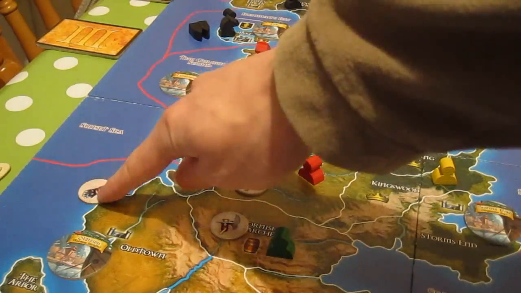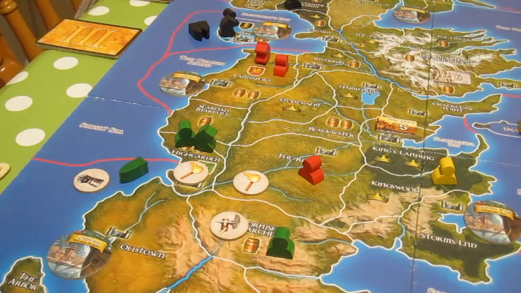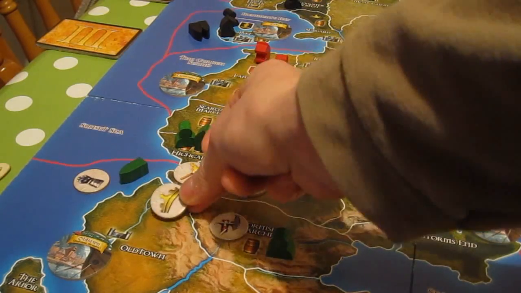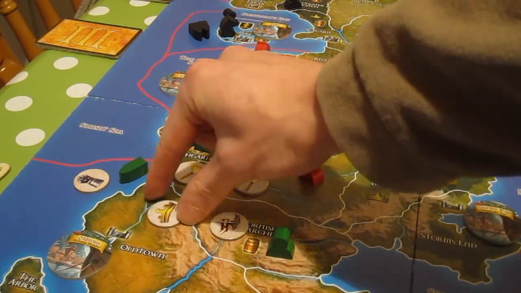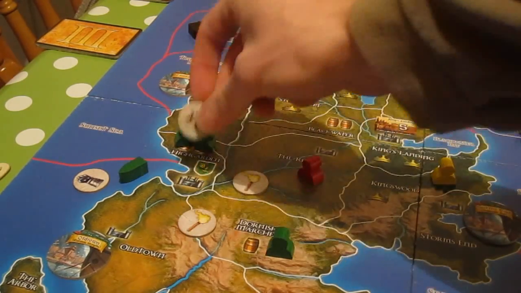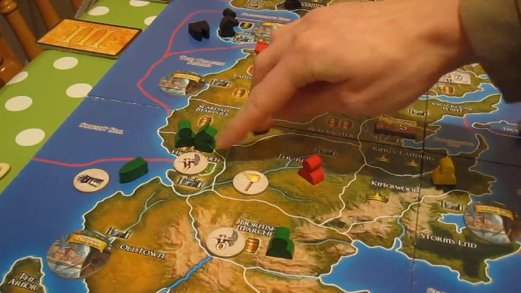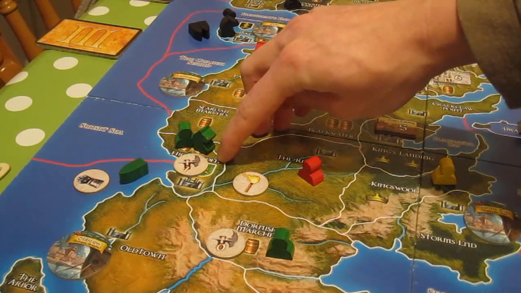You can cut support that way by destroying the support order of your enemies. And if it's a Consolidate Power order that you're destroying, then you get a power token. We'll come on to what those are later on. Okay, so that's raiding. Then you've got movement. This is the main order of the game. And with a movement order, let's just put it in Highgarden for a second, just to show some different things. With a movement order, what you can do, you pick the movement order, and then you pick one space that your troops are going to,